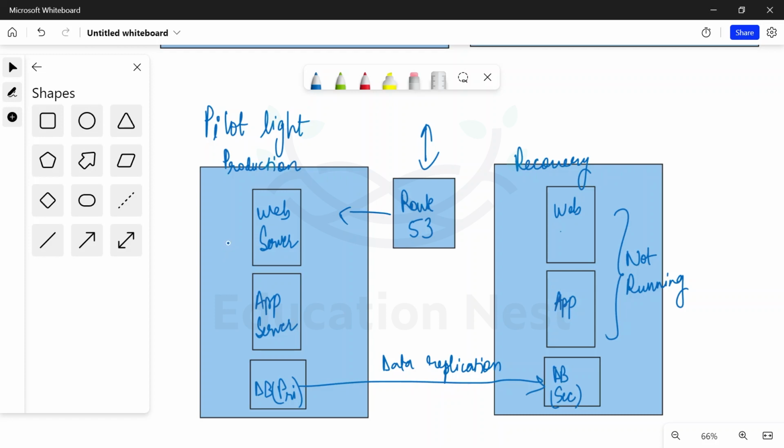So for example, here all these go down. Web server is off, application goes down, database goes down. All of these three are going down. Then what will happen over here? We just have to turn these on. We have to spin this on. In case of disaster, we have to spin this on,